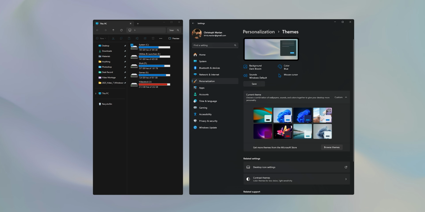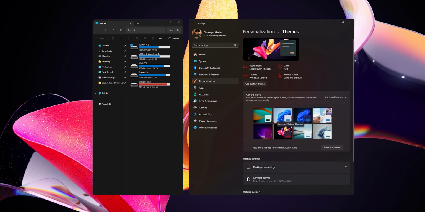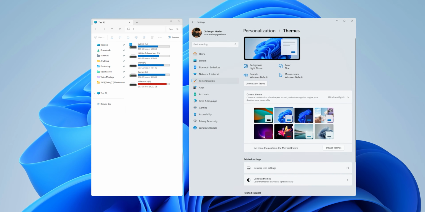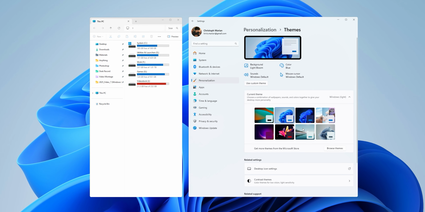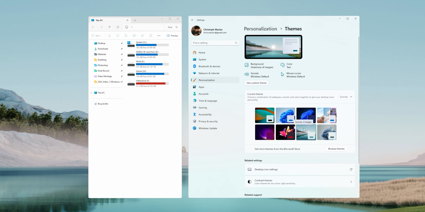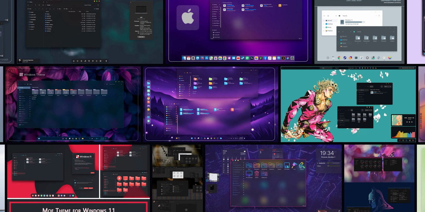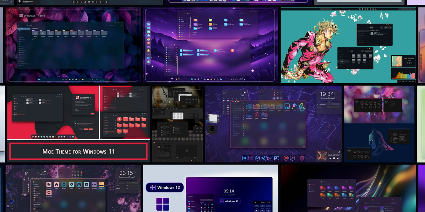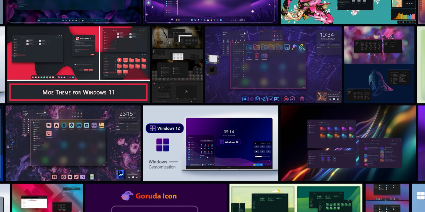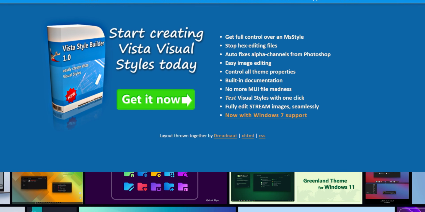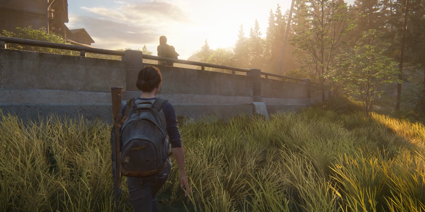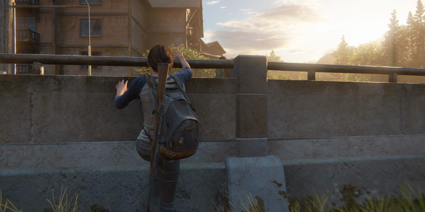As you probably noticed already, Windows doesn't spoil us with a variety of built-in themes, and what's available is limited to changing wallpapers and accent colors. So all those cool themes you've likely seen on the internet are the work of regular users, who spent dozens of hours struggling with not-so-convenient utilities like Vista Style Builder. There are many nuances with these custom themes, but they are manageable.